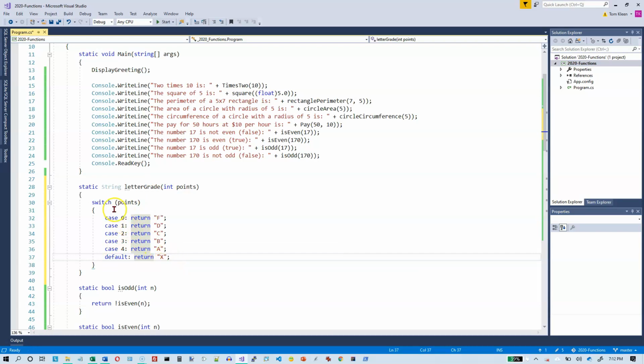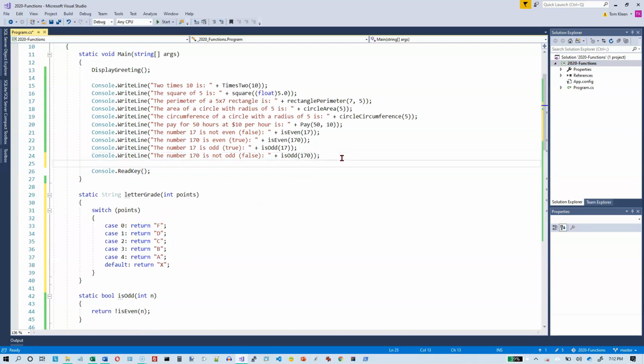Okay, so that's the basic format of the switch instruction. It's actually a little bit more complicated than that if you want to do something other than return, but we'll worry about that some other time. So I want to test this, and I'm going to test it with for int points